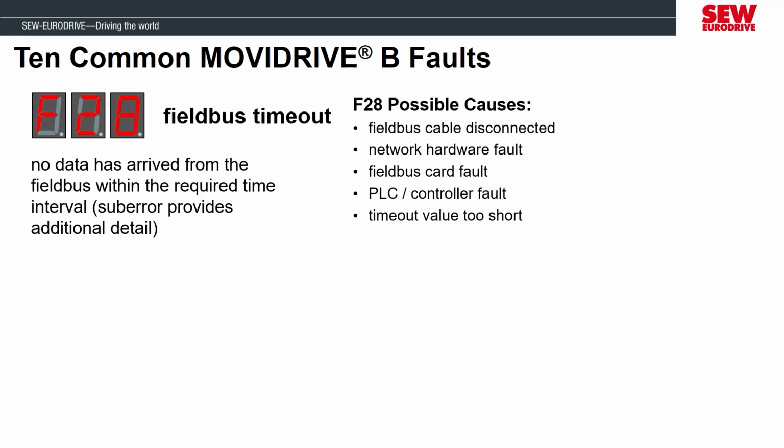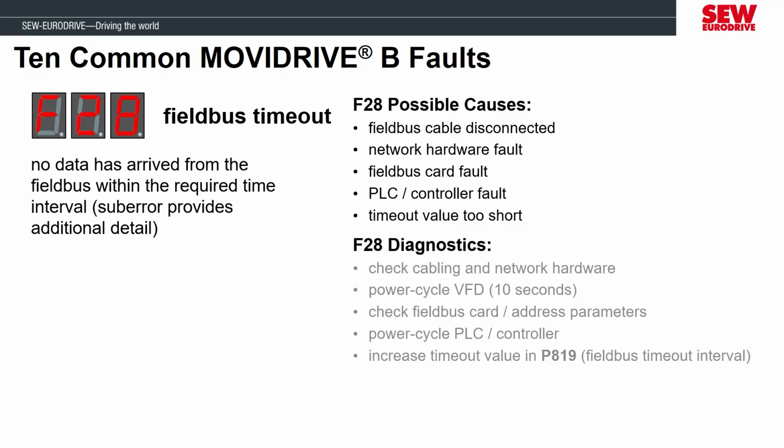If the F28 fault is sporadic, it could be caused by heavy network traffic. Depending on your parameter settings, the F28 fault can reset itself automatically once communication is reestablished. If the F28 fault is persistent, then you can check the network cabling for disconnection or restart the PLC program. Also, power cycling the MOVIDRIVE will force the field bus card to reinitialize, which sometimes can clear the F28